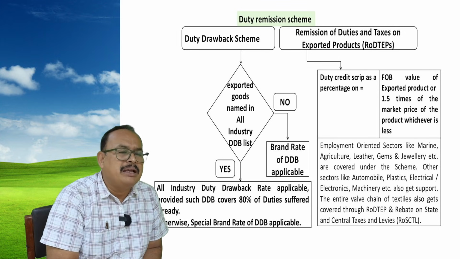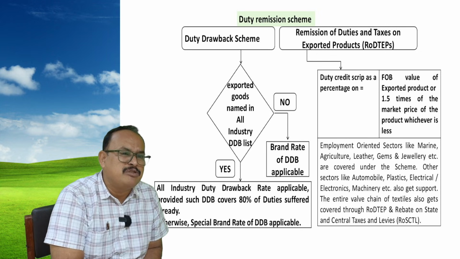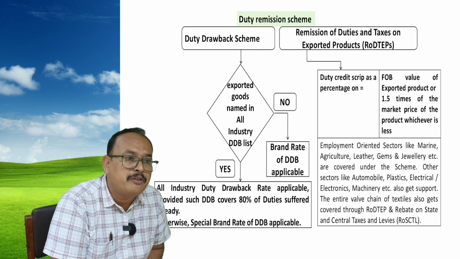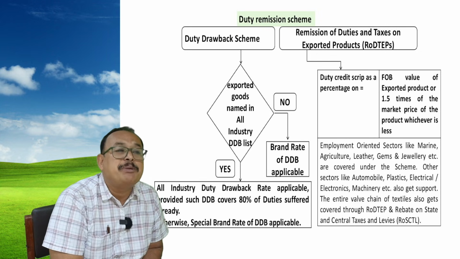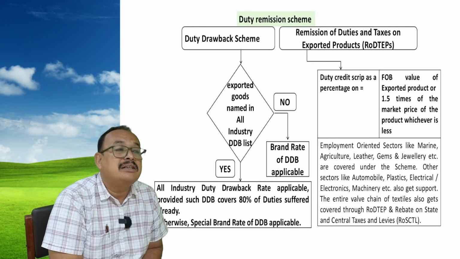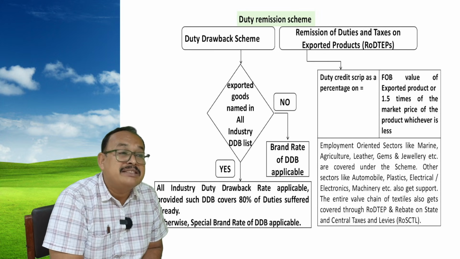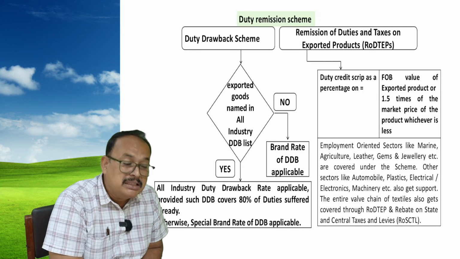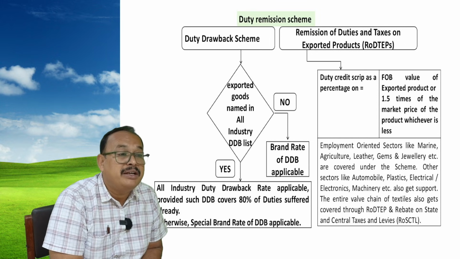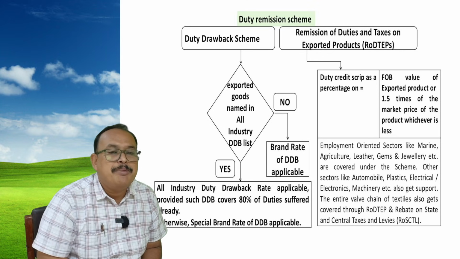Whatever may be the rate applied, the minimum is 1% of FOB value, the maximum is 33% of FOB value. If the value is less than 50 rupees, duty drawback is not allowed. If less than 1% of FOB value, the minimum amount should be 500 rupees and above to get duty drawback. We referred to these points. Now coming to the other end,